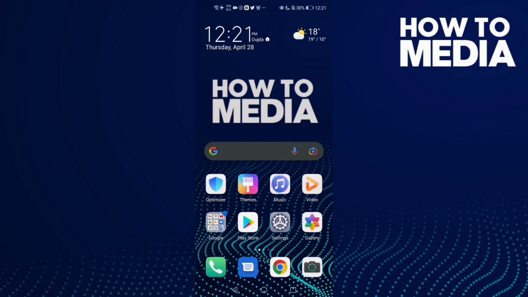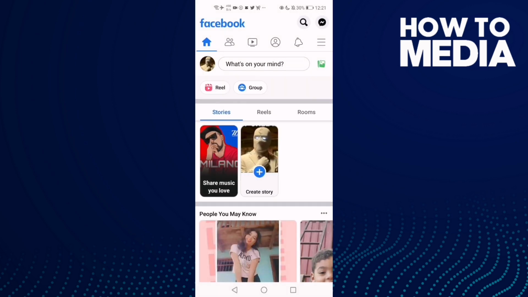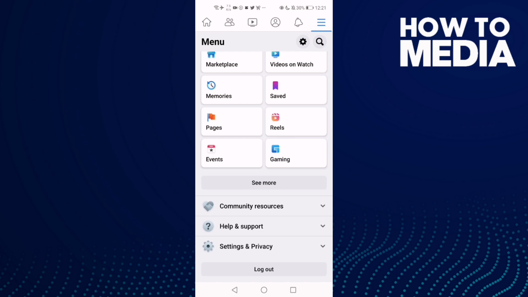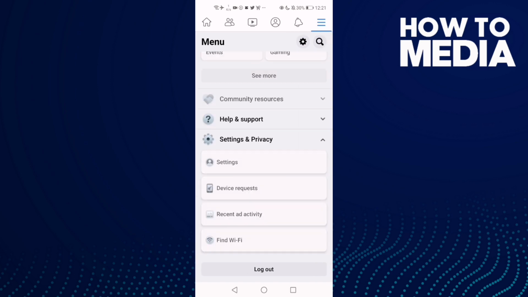First we're gonna do is go to Facebook and now click these three lines here and go down until you find this one, settings and privacy. Click on it and then click settings